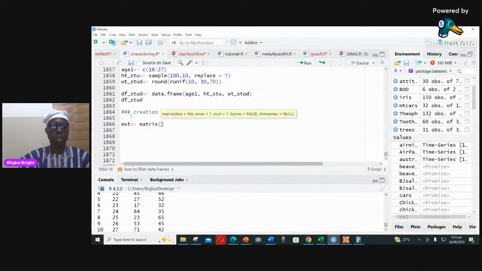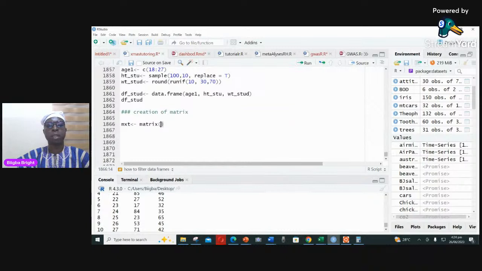You can see matrix already comes, and the syntax also appears in this particular format. As you see, the data is here, the n row, the n column, by row, dimension names, null, and so on. So we follow the syntax. So the first entry is going to be the data. If you want, you could have created your vector sitting somewhere and then you use it. But because I don't have, I'm just going to say that my data is going to be from 1 to, let's say, 15,